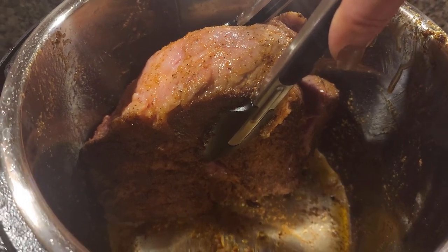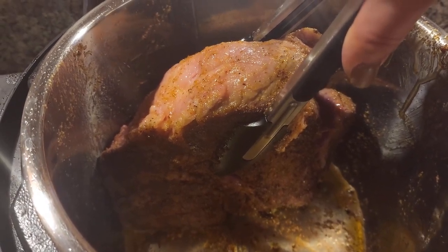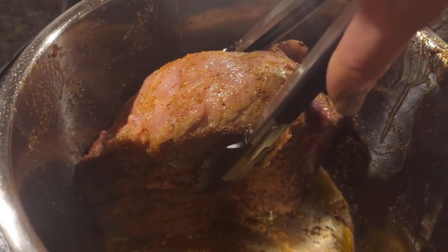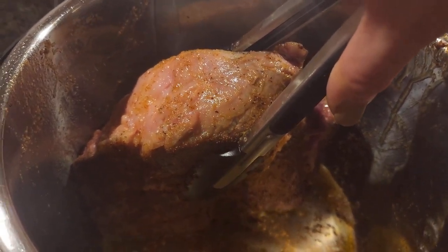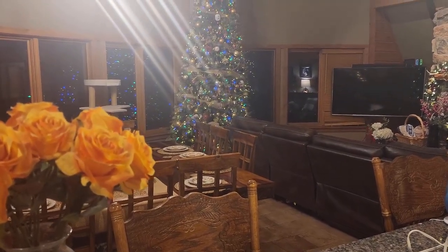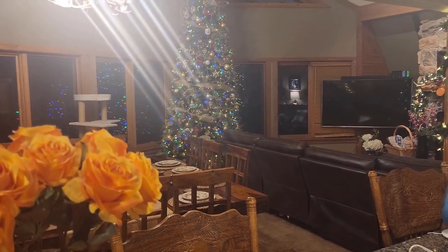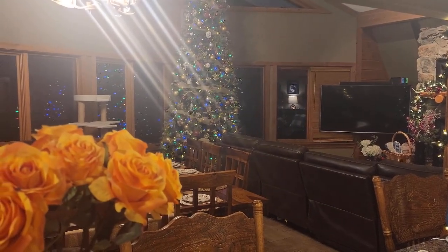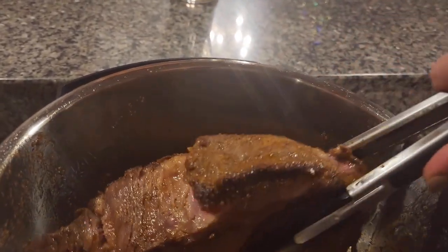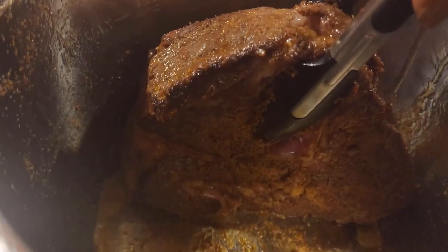Okay. He's having a blast playing with the dogs. What are you doing? What are you doing, Josh? You're what? Playing with the dogs. Okay. Oh, you're giving them food? I hope not. Okay. Anyway,